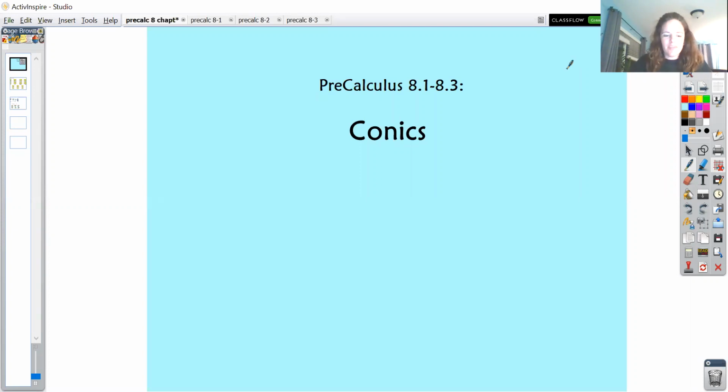We're only going to be focusing on 8.1, 8.2, and 8.3 this year. Sometimes we do 8.6, so take a look at that if you want. It's graphing, plotting points, and finding equations of spheres in the three-dimensional coordinate plane. We're not going to do that this year, so we're just focusing on 8.1, 8.2, and 8.3, which are different